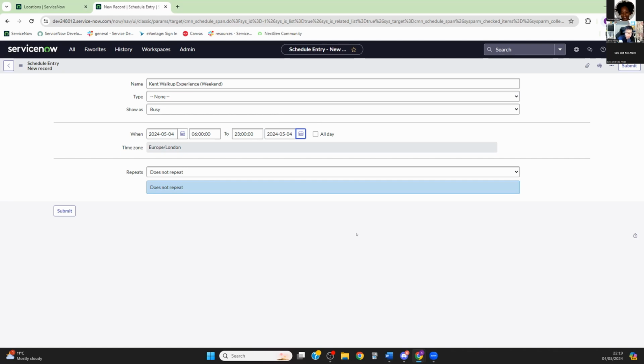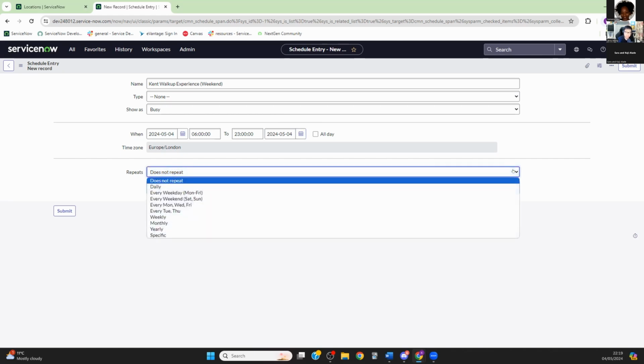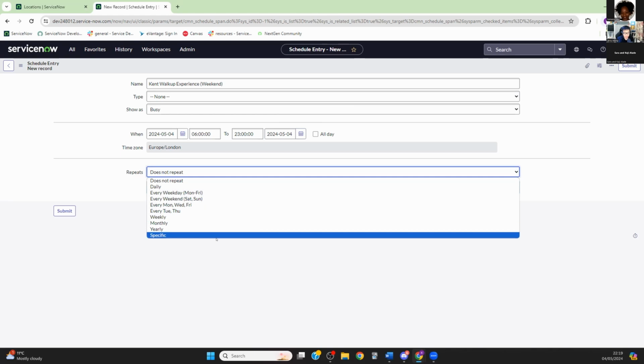Right. You've got your drop down list for repeats. So where it says does not repeat, if you click on that, this gives you options around whether it's daily, Monday to Friday, the weekend, Saturday, Sunday, or every Monday, Wednesday, Friday. But again, if you look at the very bottom, you've got something that says specific. If you click onto that,